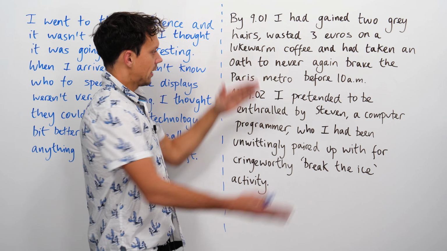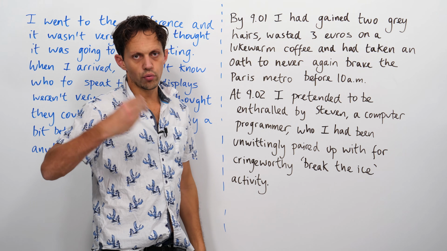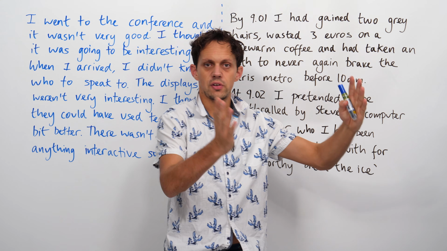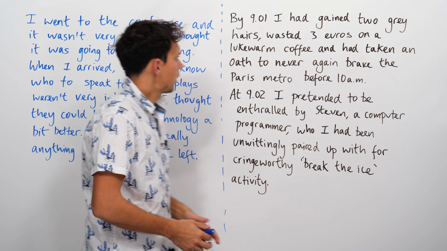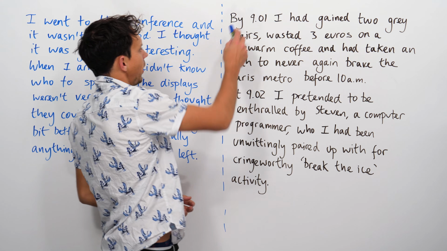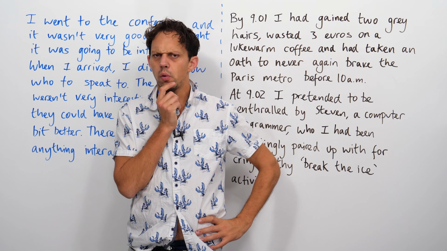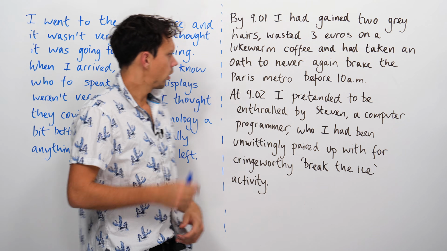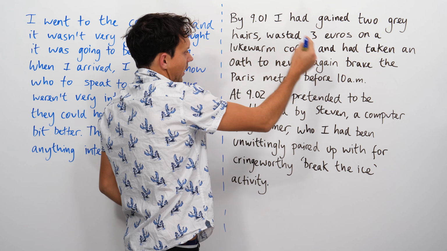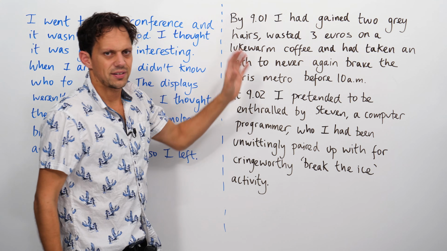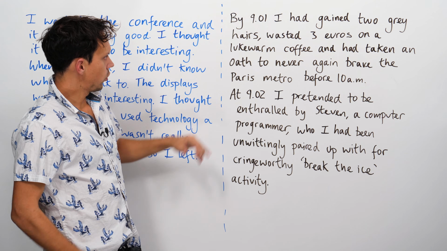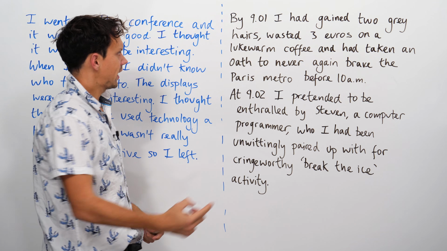So what we have in this sentence is a rule of 3. Yep, so we've got, I'm never going to do this, I'm never going to do this, and I'm never going to do this again. And it instantly kind of draws you into the writing by 9:01. Why 9:01, not 9 a.m.? And it's quite a complete sentence. By 9:01, this, and then before 10 a.m., there's a kind of a symmetry here. At 9:02, so my sentences are linking together.